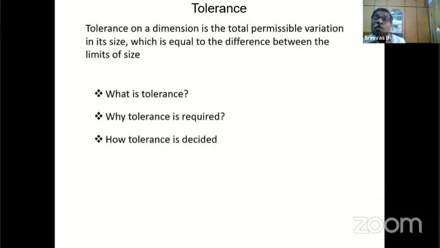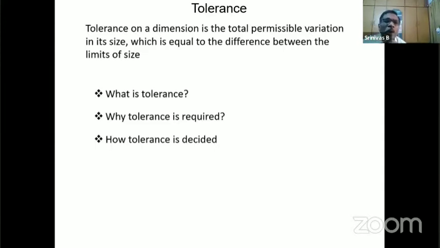One more variation is material variation. See, welding of steel and welding of stainless steel. Are they both the same? No. Welding of steel is easy, whilst welding of austenitic stainless steel 18/8 is not easy. That is how tolerance is required. I hope you understand why tolerance is required: because of manufacturing variations. There are many. I told you only 4 or 5.